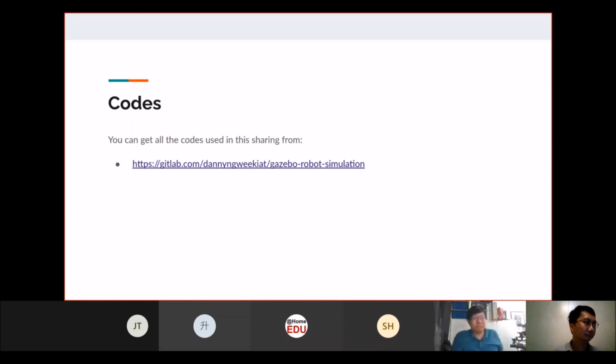So there are many more libraries and plugins that you can use directly, especially for sensors. Yeah. So which means if it is pure robot simulation, then Gazebo will be a better choice, right? Yes. Okay, but for human robot interaction, maybe Unity gives you more control on the scene and also on the human.